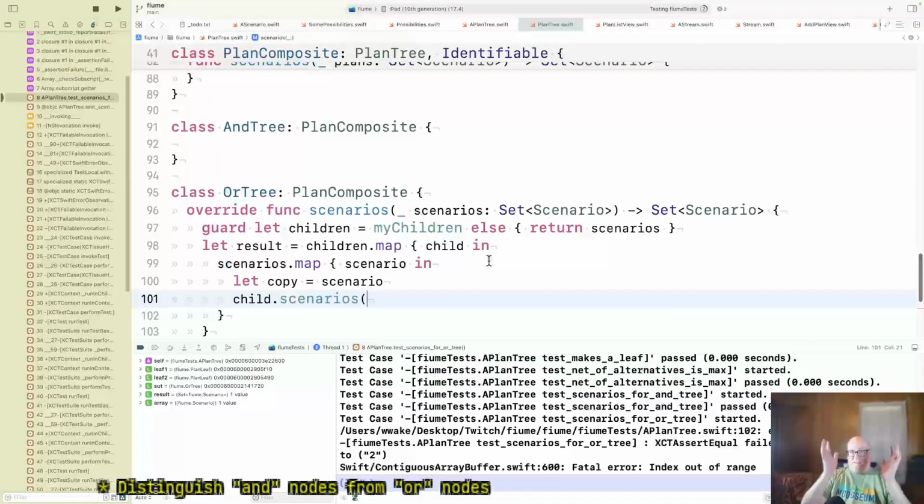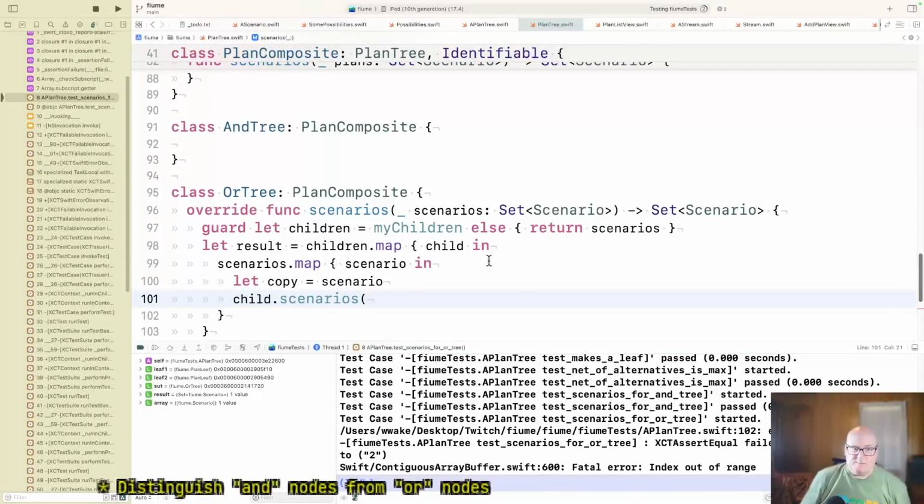It's two levels deep here because we've got some set of scenarios coming in. It's a set because somebody already did some OR node stuff. And now we have all these scenarios, and we're saying, hey, across all these scenarios, every one of them should have two more possibilities. And so each one of those existing scenarios is going to have a new possibility for the children.